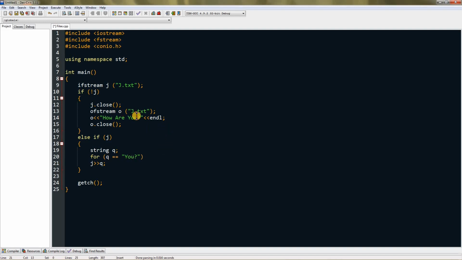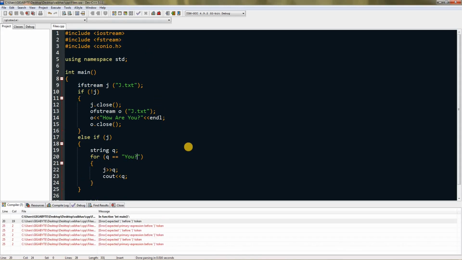You can also use a char variable to write in a file if you want to print Unicode characters, else you can use normal things. So this will be running till q equals u question mark, and you can do cout q every time. So I have to create a scope over here. It won't work without a scope. Now if I compile and run this, yeah, I can use a while loop here, and now I can